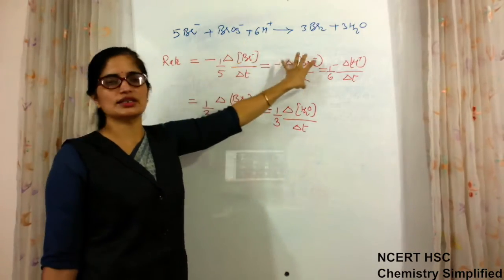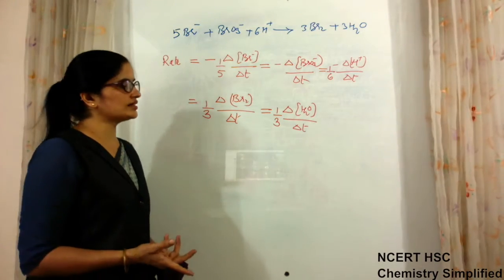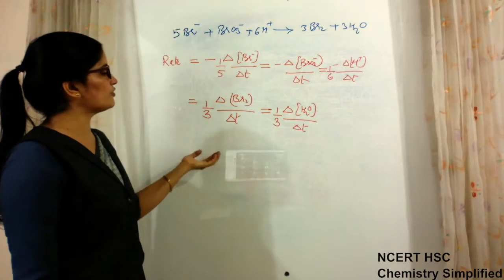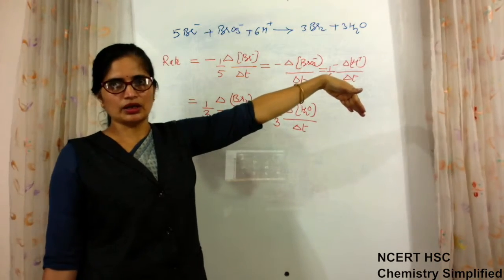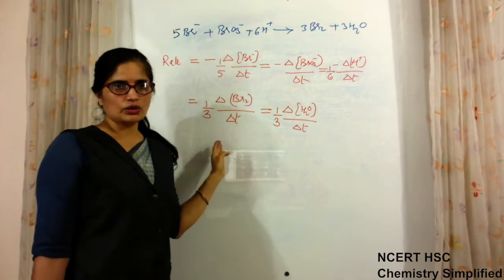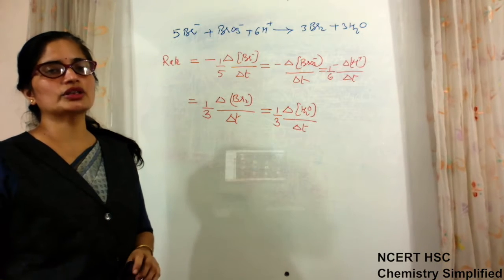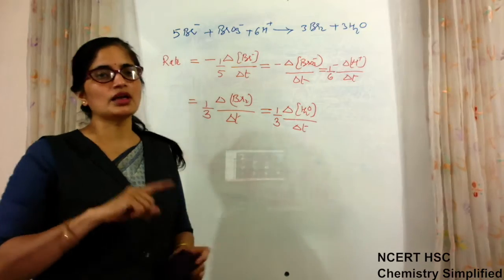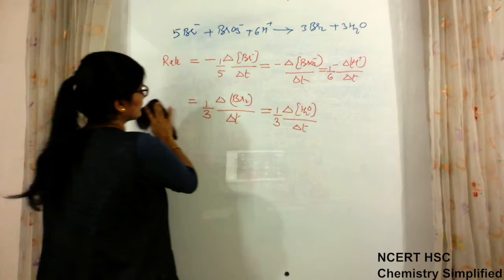Any one expression is sufficient to find that value. Okay. And whose concentration we have to find, that particular term we can use. Suppose in the question you are asked to find the concentration of bromine produced in the reaction. So we will use this expression. Whatever is needed, that expression we can use, depending on which concentration is given. If any one concentration is given, we can find the other concentrations. We will see how. One question we will take.